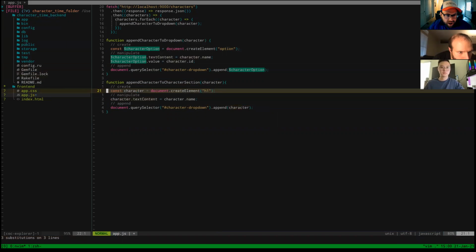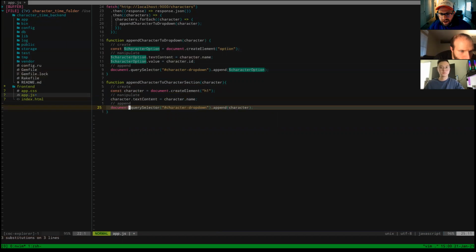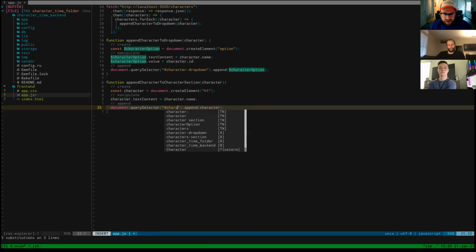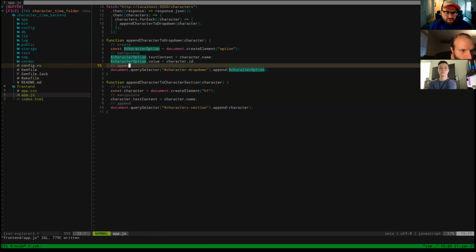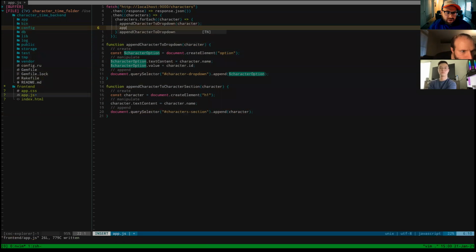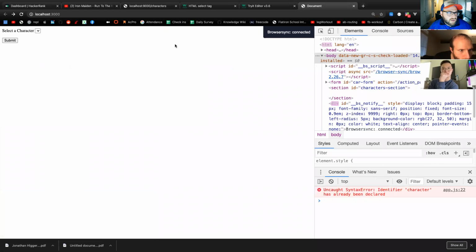Bam. So now what we're doing is just taking a character, but instead of putting it in our character dropdown, maybe we want to put it inside of our new characters section, right? And now in here, I could just do append character to character section, character, give that a save, and